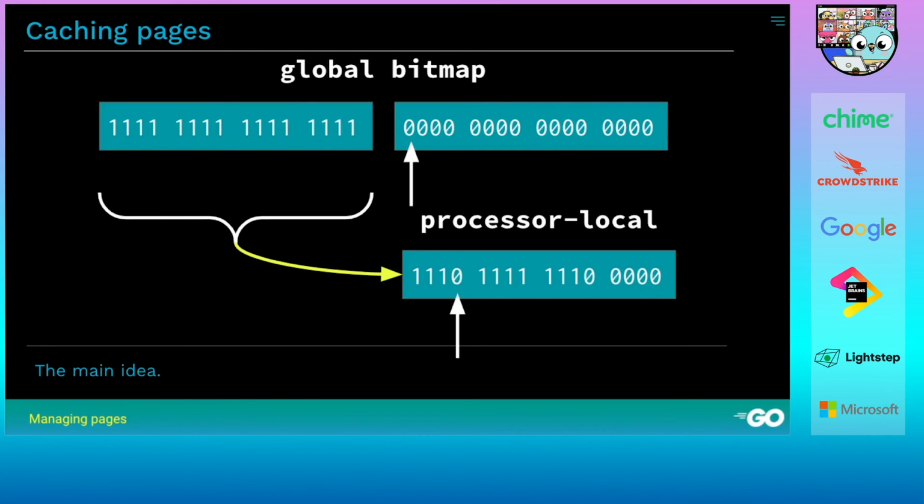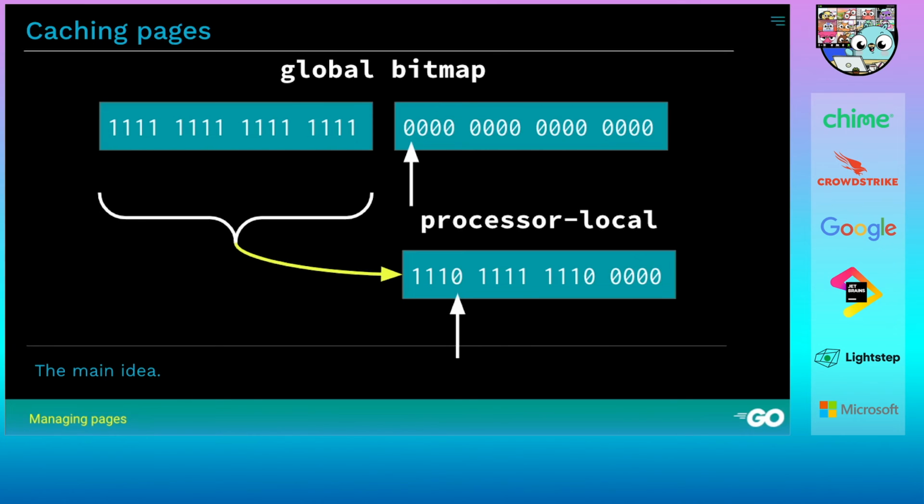We set all of the free pages in the global bitmap in that chunk to in use so that nobody else can use them. We sort of claim them. It's like land grabbing in a sense. And we move those bits into the processor local cache, so now we can just allocate it fairly quickly using the usual bitmap operations. So note that we had to move the white arrow forward in the global bitmap because we marked all of